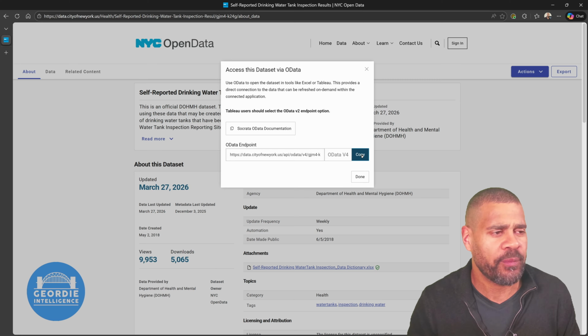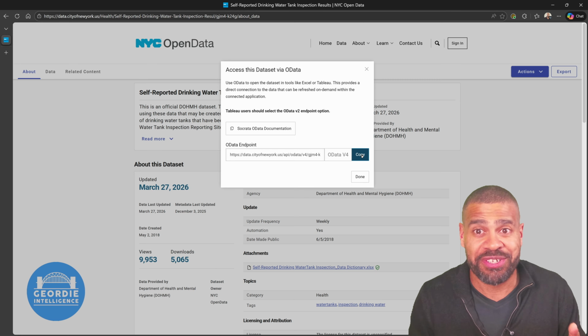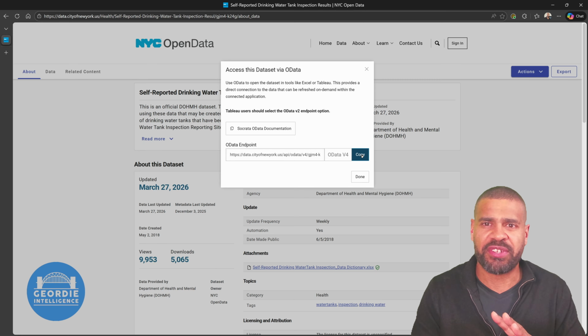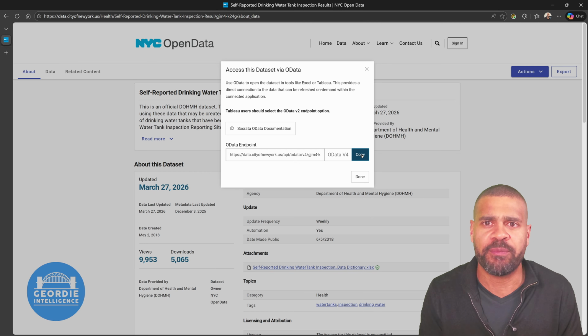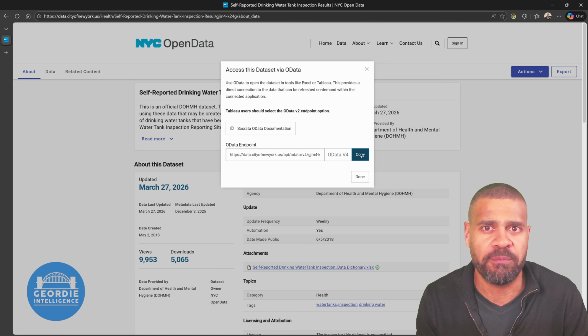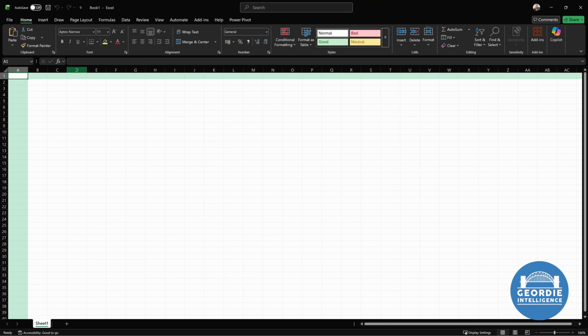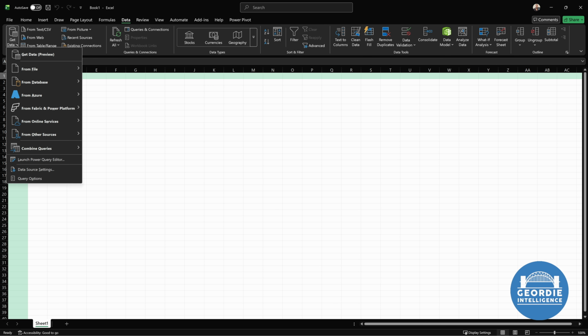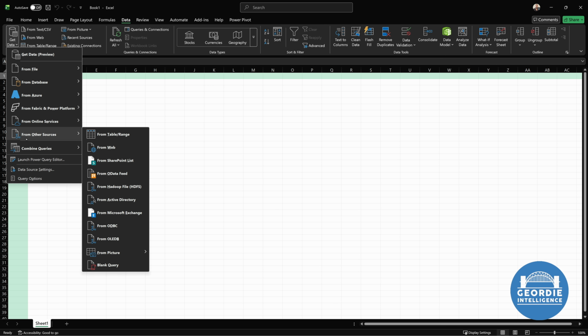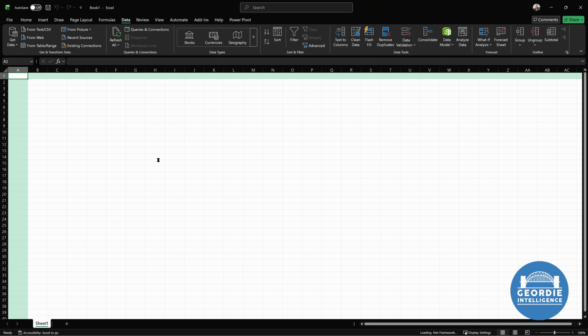We're good to go. What I'm going to do now is switch over to Excel, but I'm just going to stop showing my face because you want to see the whole screen. Okay? Excellent. So here we are, a blank workbook. Perfect place to start. What we're going to do is go under data, and under data, we can go to get data, and from other sources, you see we've got an OData feed. So we're going to select that